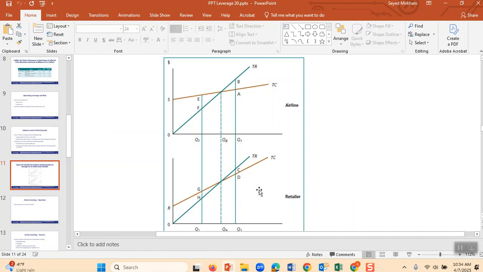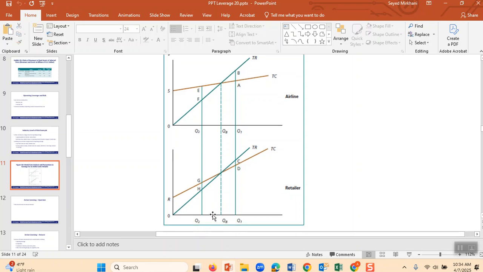But in the case of the retailer, it has a low fixed cost. You are selling t-shirts, in the chart below, and your fixed cost is very low. You only have a rent. But an airline not only has rent, it has to pay for the airplanes.